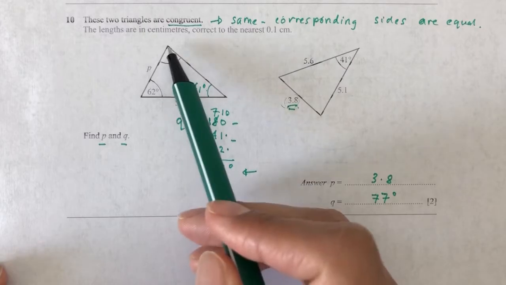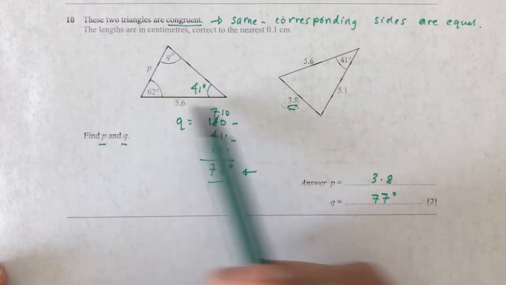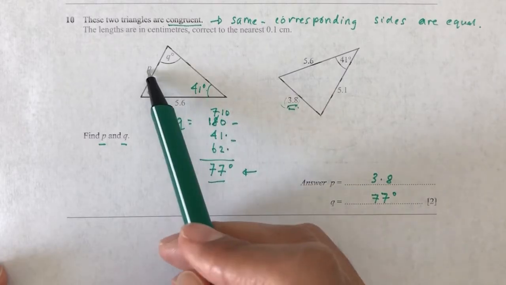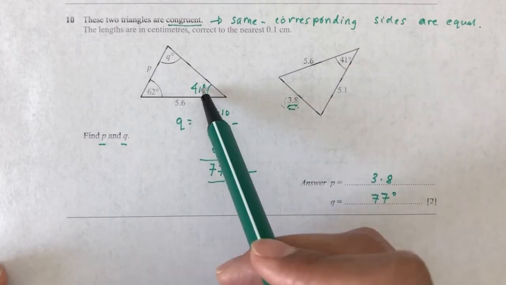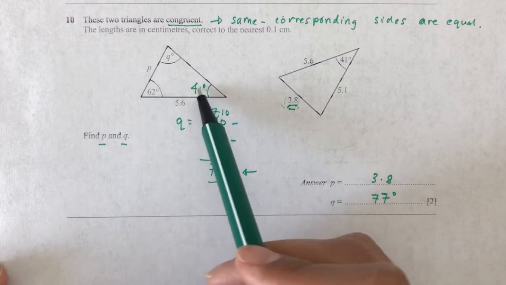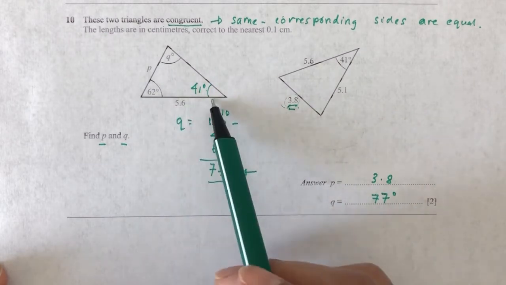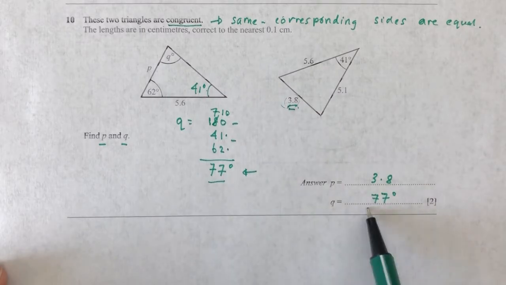And then to find the value of Q, we know that the sum of the angles in the triangle is 180, and P is facing this side. So if this side is 41, this is also 41, which means Q can be found by doing 180 minus 62 minus 41 to get 77. And that is